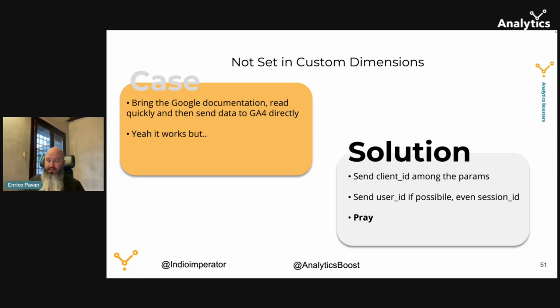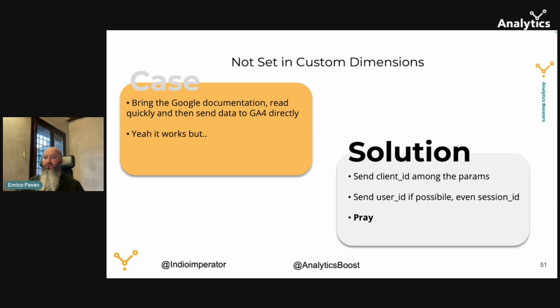And last thing, pray, because it's the most important thing when we talk about not set using measurement protocol, because something is broken when we send information directly to the GA4 server, but remember that we need to focus on client ID, the same as the users are going to send it when he's browsing the website.